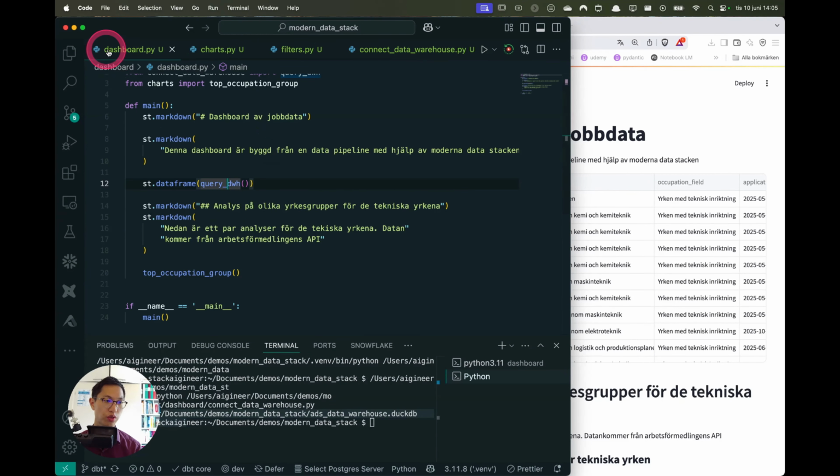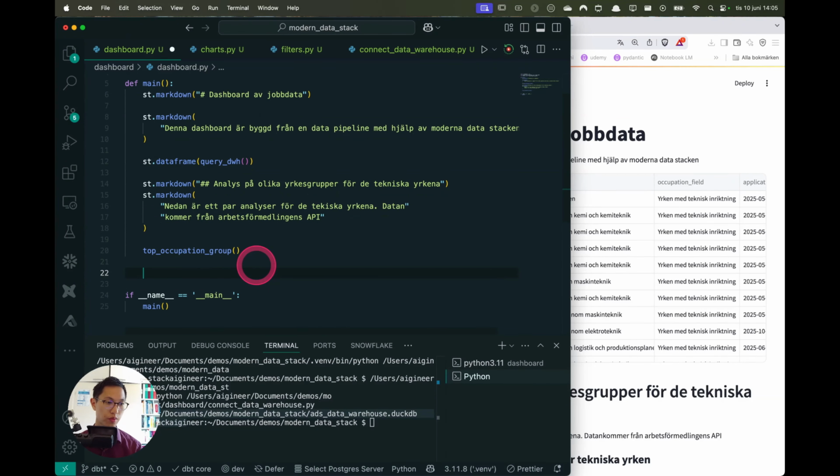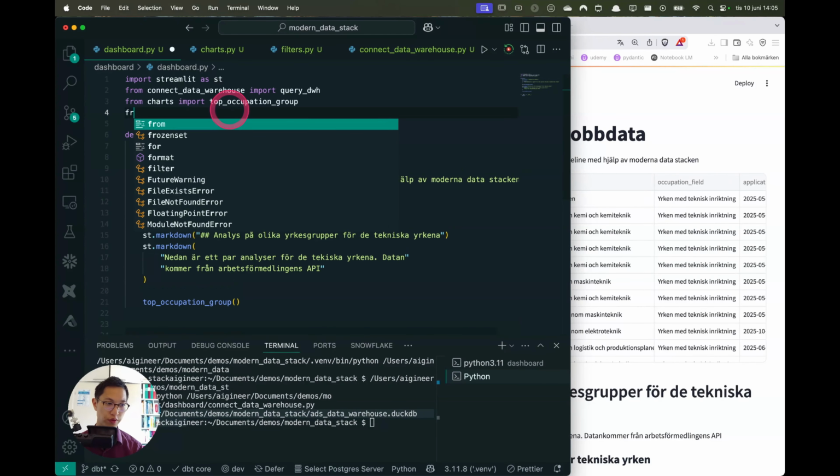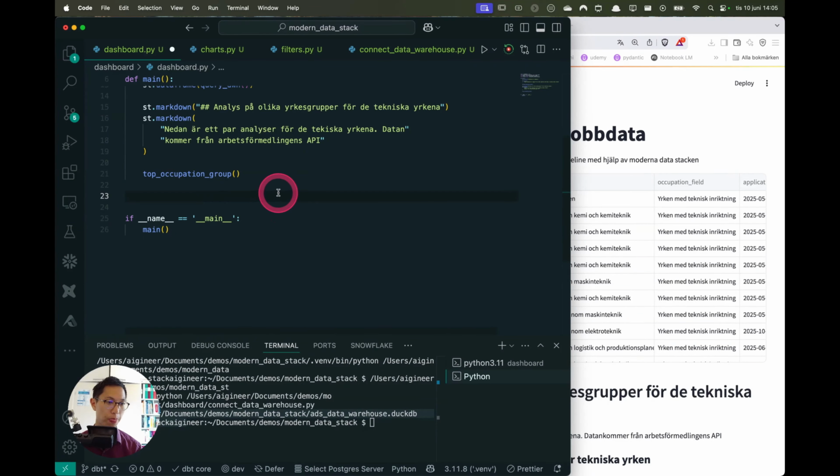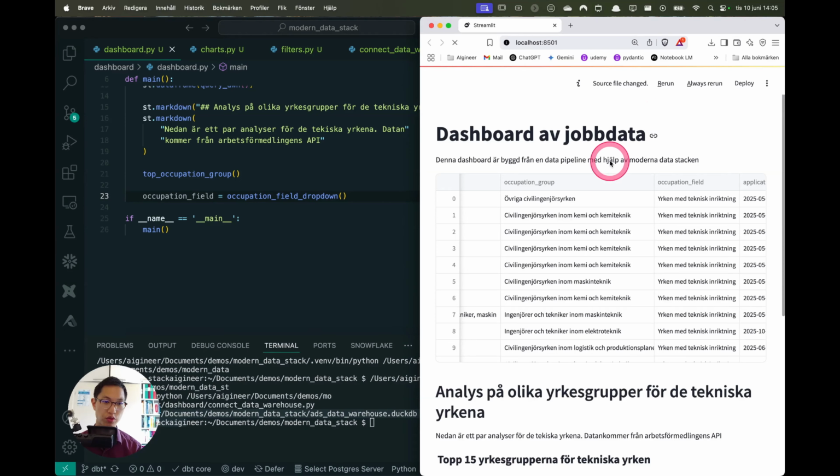And in order to use this, I'll go into dashboard, and from filters I will import occupation field dropdown. I'll do occupation field dropdown like this, and I will call this occupation field. So this is the chosen occupation field, right? If I save this one, rerun here,